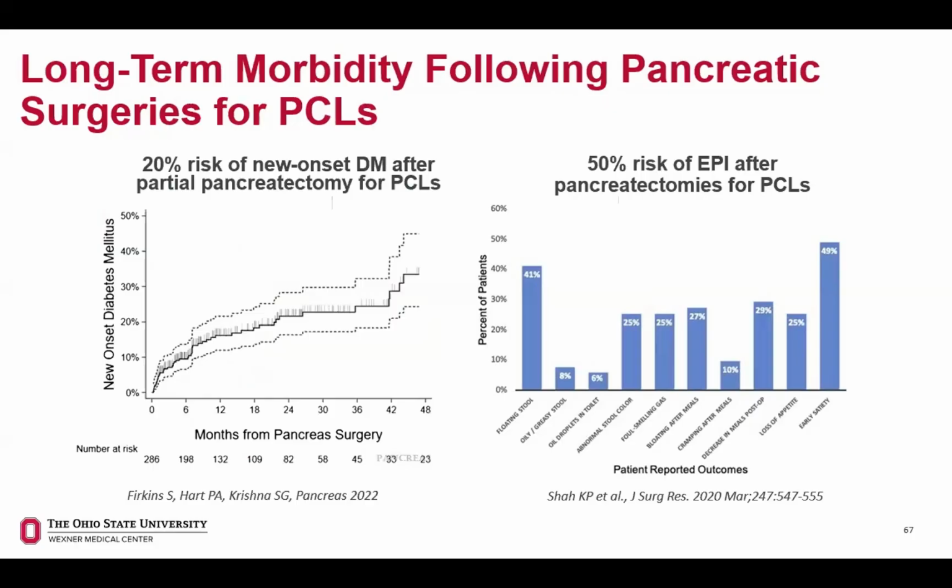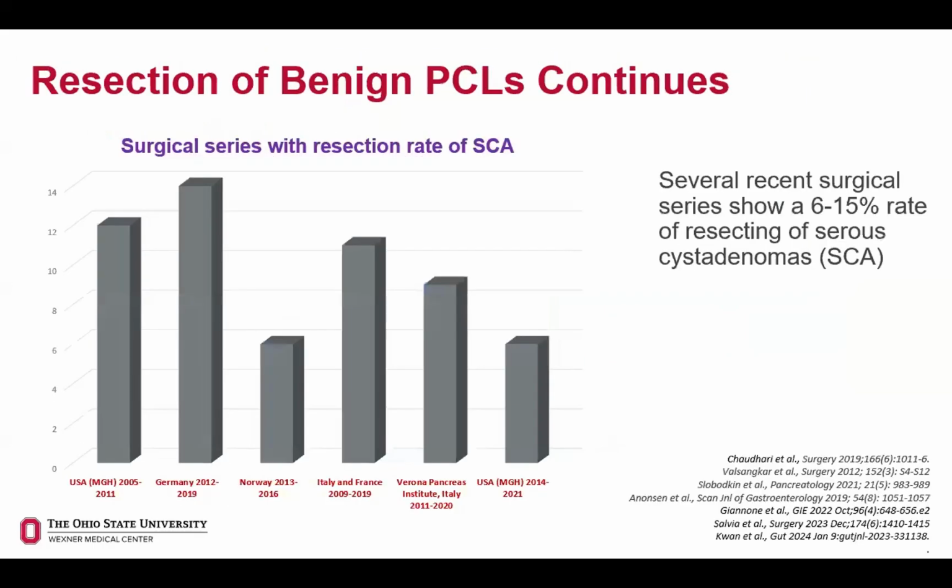And of course, there's long-term morbidity as well. So this is a study from our group from a few years ago, which estimated that there's an approximately 20% risk of new onset diabetes following partial pancreatectomy, specifically performed for pancreatic cystic lesions. And rates of exocrine insufficiency may reach as high as 50%. And of course, there's other long-term morbidity: chronic pain, GI dysfunction, hernias that come with pancreatic surgery. So despite all of those risks, both short and long term,